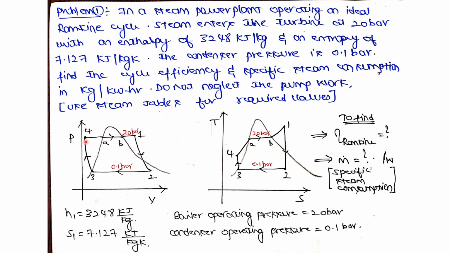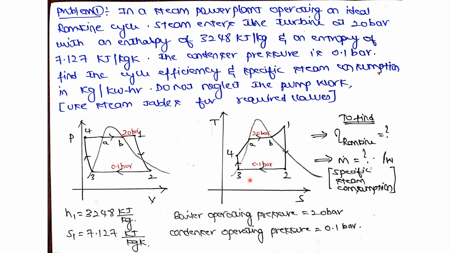So the same process from 4 to A to B and B to 1 is indicated here. 4 to A, increase in the temperature. A to B, there is no increase in the temperature but continuously the dryness fraction is increased. If the dryness fraction keeps increasing, what does it mean? That it is a change of phase. At state B, the dryness fraction is 1. That means it is complete vapor. From B to 1 in the superheater, again the temperature increases. So the overall heat addition process takes place from 4 to 1, and the heat rejection process takes place from 2 to 3 in the condenser, as you all know.